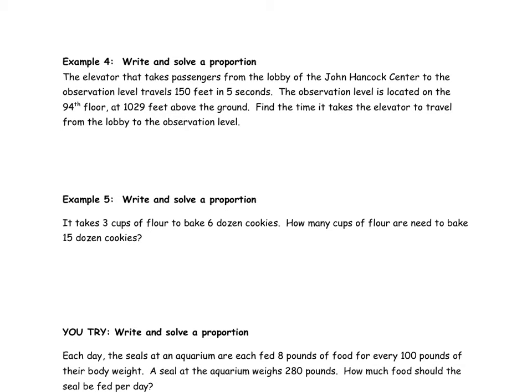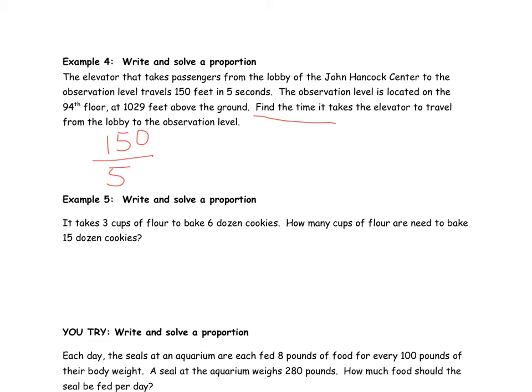Alright, so the elevator takes passengers from the lobby of the John Hancock Center to the observation level, travels 150 feet in 5 seconds. The observation level is located on the 94th floor at 1,029 feet above the ground. So we want to find the time that it takes for the elevator to travel from the lobby to the observation level. Alright, so I know that it travels 150 feet